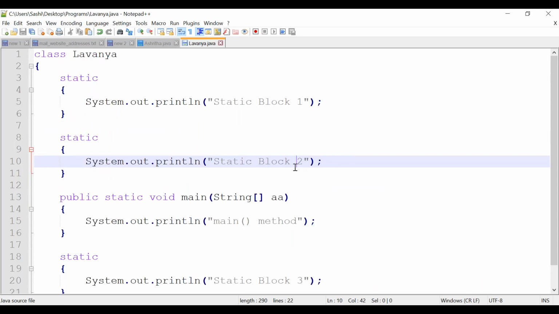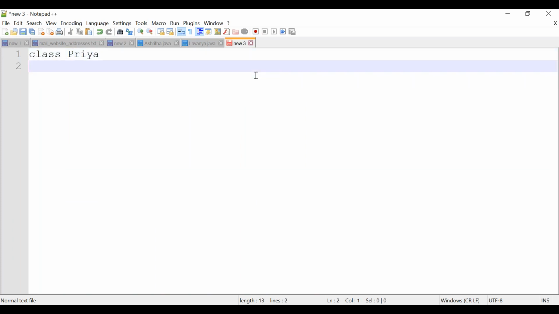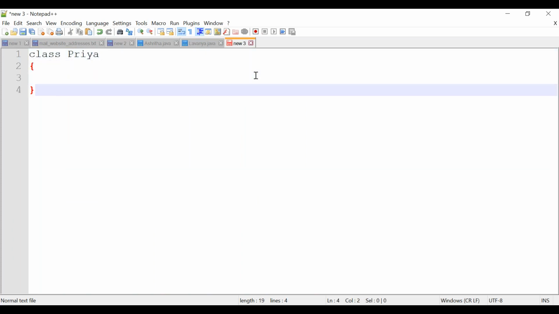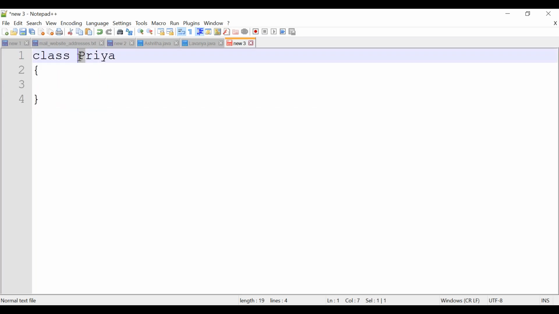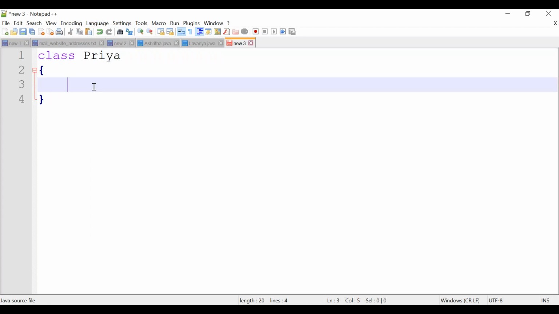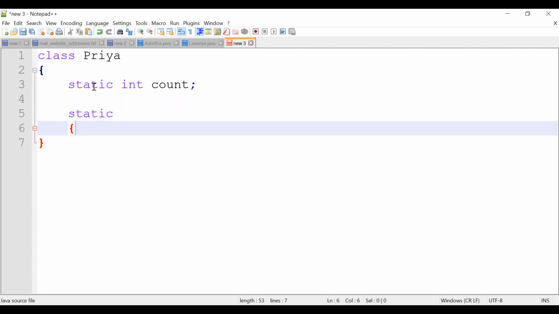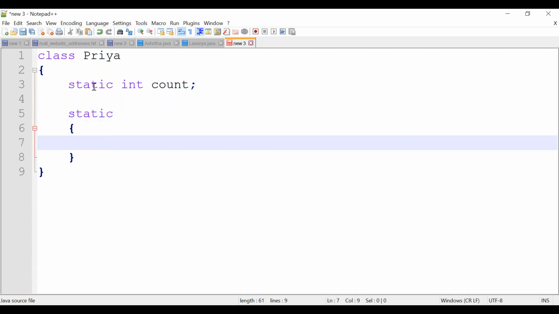Now let's see one meaningful program. Okay, let me go with one more class. Let me name it as Priya. Class name should always go with uppercase, that is the industry standard, right? What I do is, this has one static variable. Listen to this, I am having one static variable and I am having one static block, correct. I am just printing something.